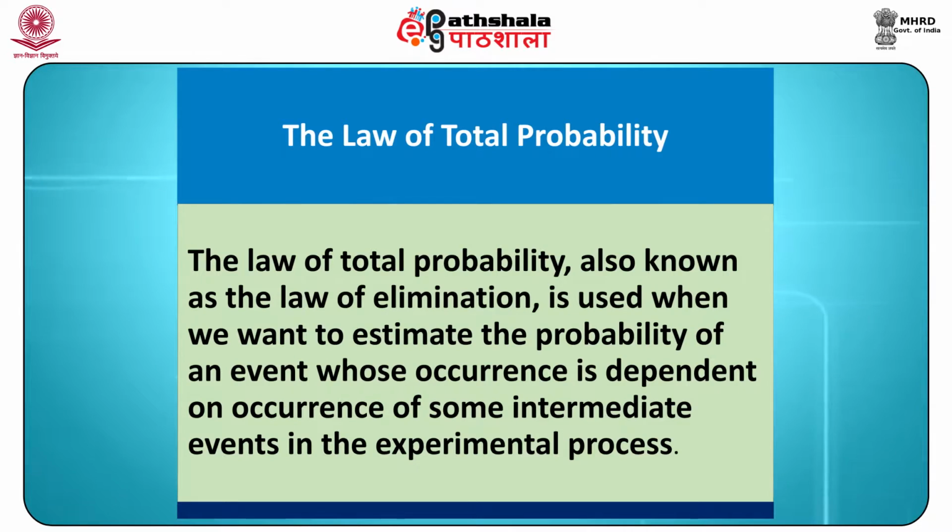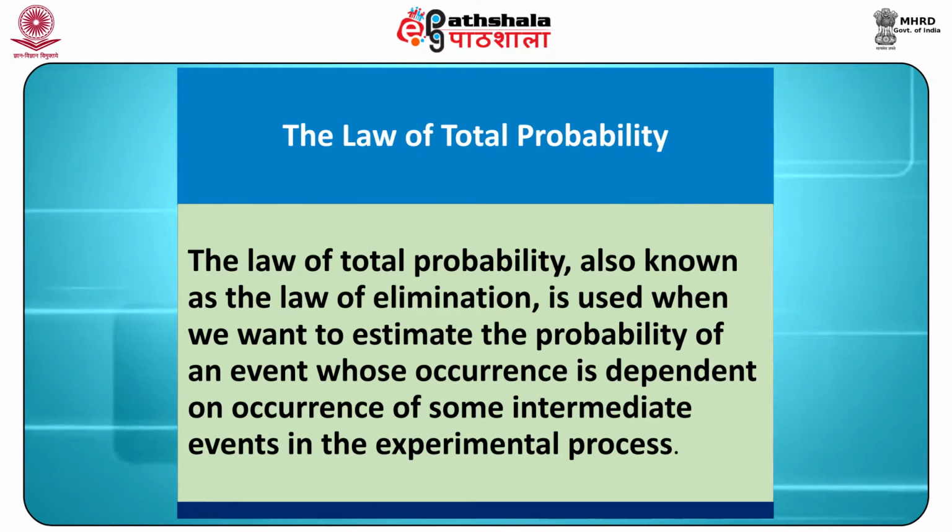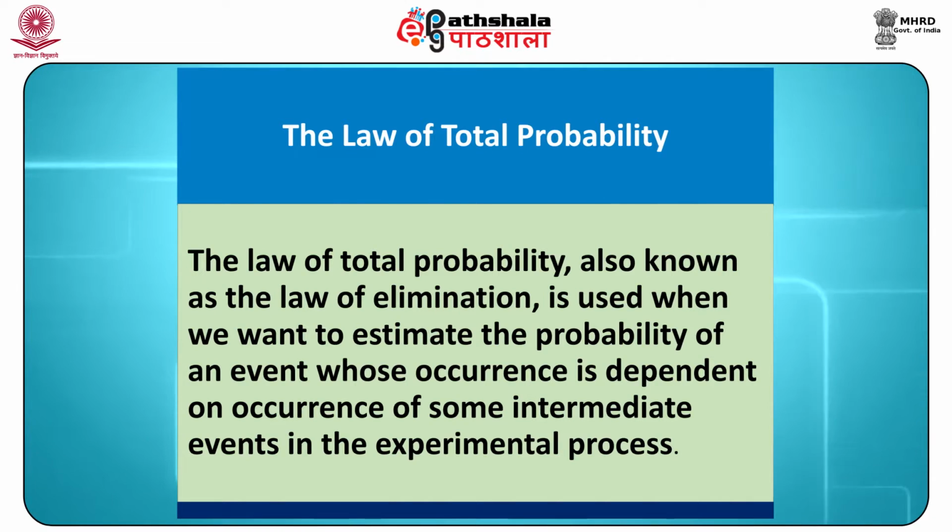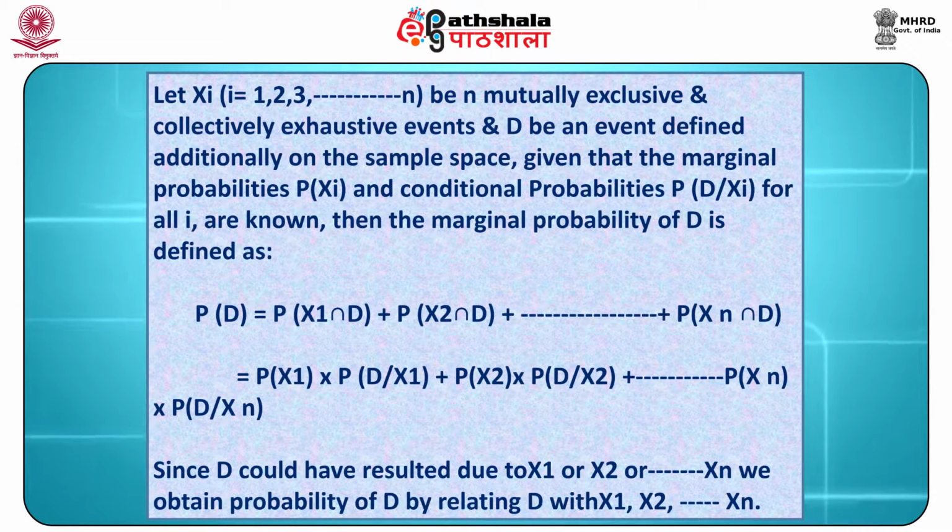The laws of total probability. The law of total probability, also known as the law of elimination, is used when we want to estimate the probability of an event whose occurrence is dependent on the occurrence of some intermediate event in the experimental process. Let Xi, where i ranges from 1, 2, 3 to n, be n mutually exclusive and collectively exhaustive events, and D be an event defined additionally on the sample space. Given that the marginal probabilities P(Xi) and conditional probabilities P(D given Xi) for all i are known,